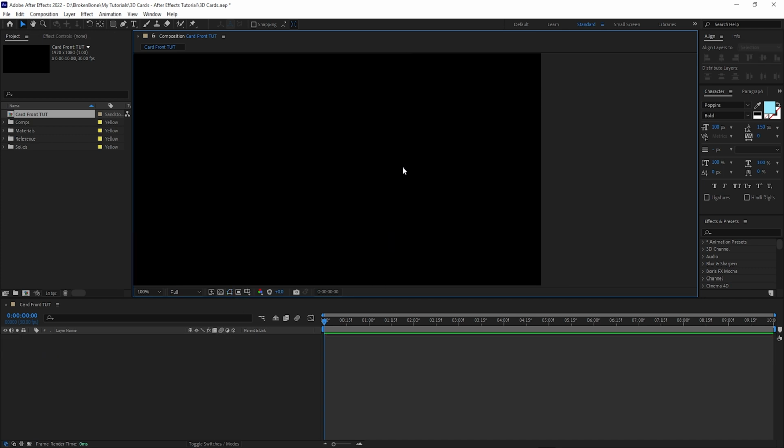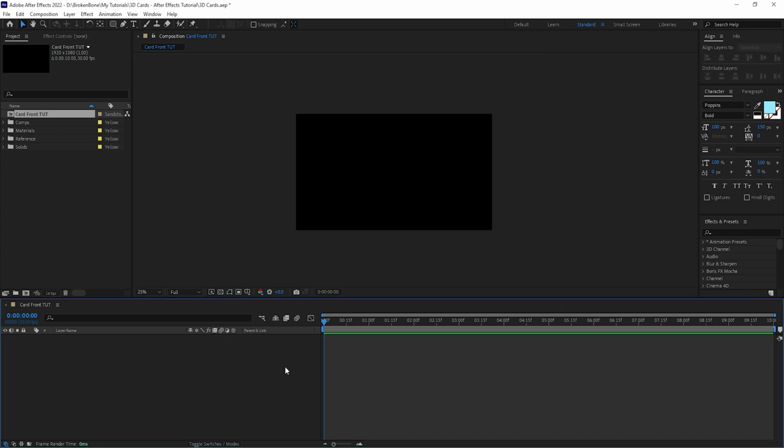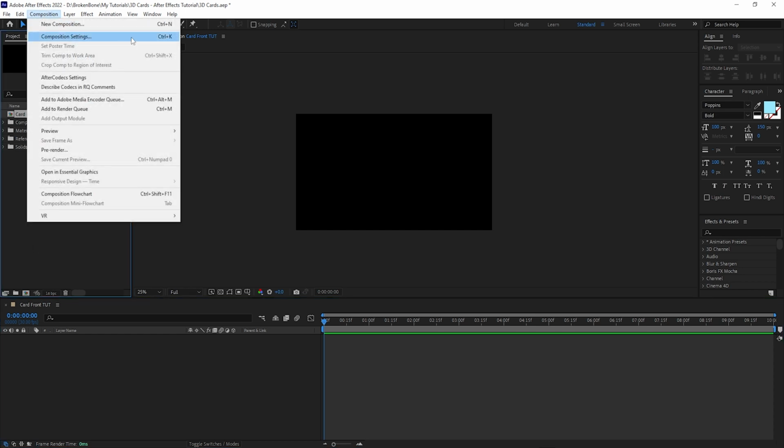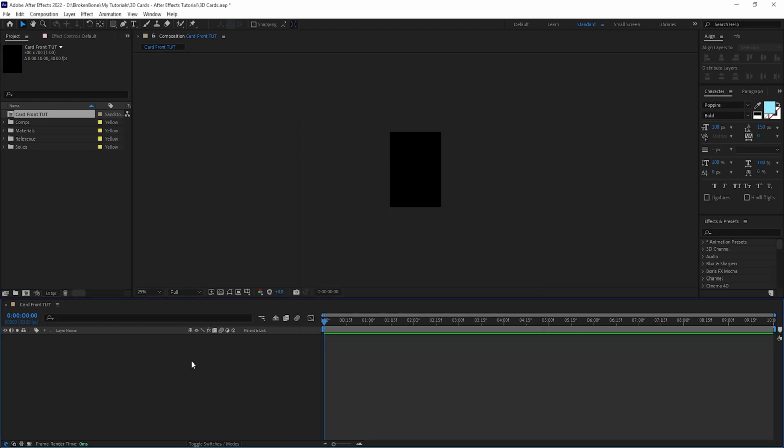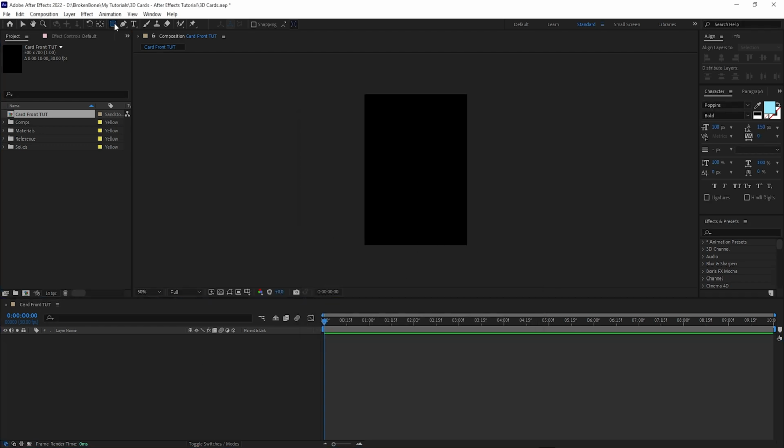So let's hit delete quickly to delete that, and let's instead use shape layers. Before we do anything though, with the composition selected, we can go over to composition settings, and we'll set the width to 500 and the height to 700, since those are the dimensions we're going to use for our card. Now let's hit OK, and just make sure we click on our composition here and just double click on the